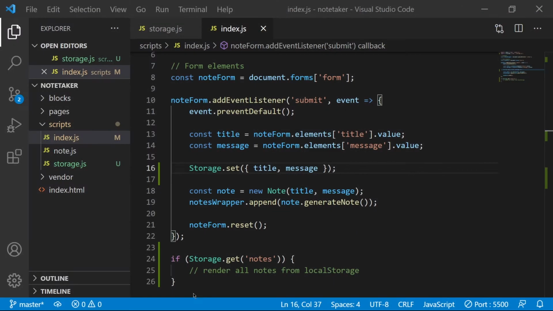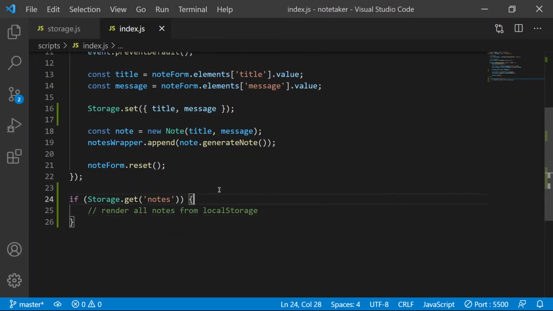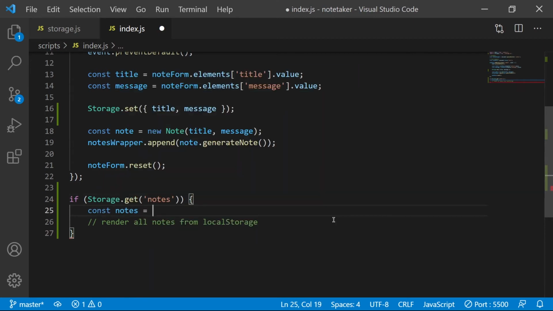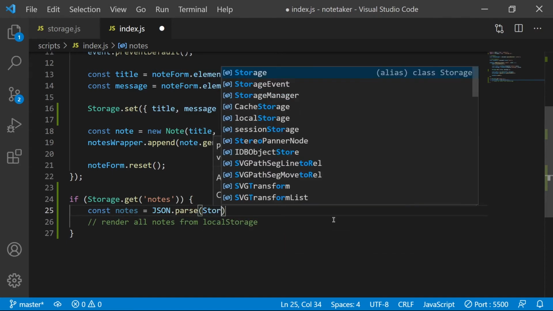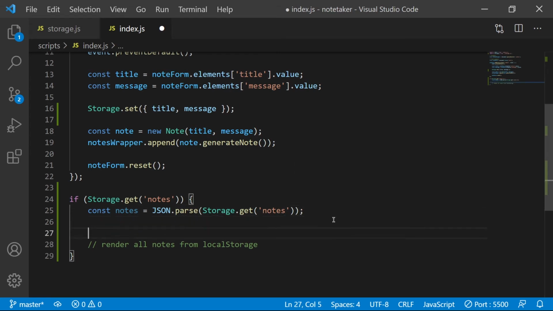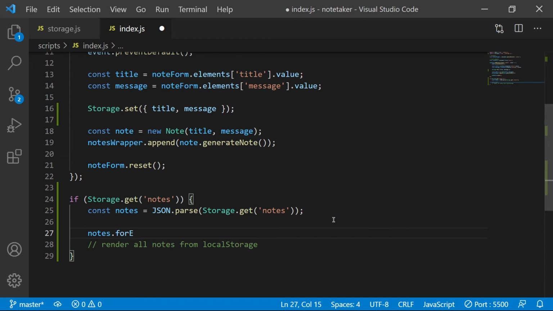So now if we go back to Visual Studio Code, we can actually come back to this method, and let's see what we can do from here. So if storage.getNotes, which we are able to get from here, let's say const notes is going to equal, this time we're going to have to parse that so we can actually get the array. Let's say storage.getNotes. Now here we'll have an array of notes. So let's say notes dot forEach